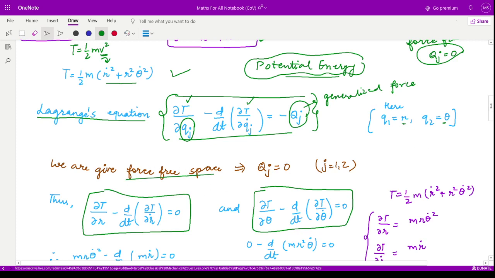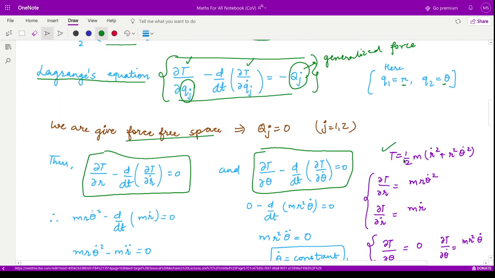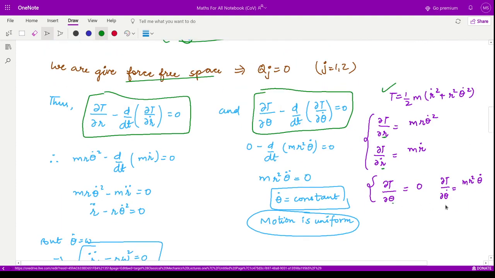So now we have T, so we can differentiate it partially with respect to r, with respect to r dot, with respect to theta, and with respect to theta dot. So we can substitute these values over here, and in solving the second equation, we have theta dot equal to constant, which was the given condition that the motion of the rod is uniform, because the angular velocity is constant. So now solving the equation, substituting the values, taking the derivative, we have something like this. Now mass is non-zero, therefore this term has to be 0.